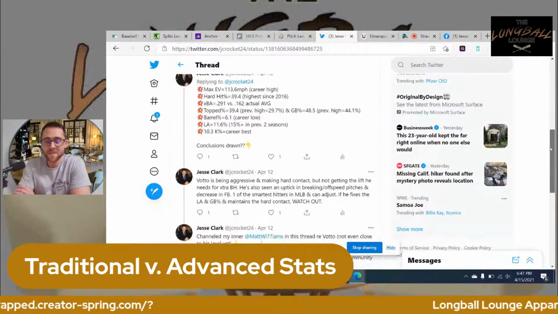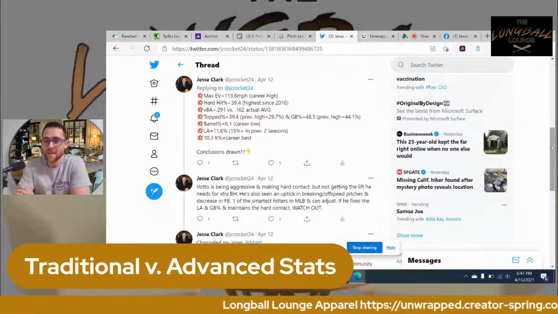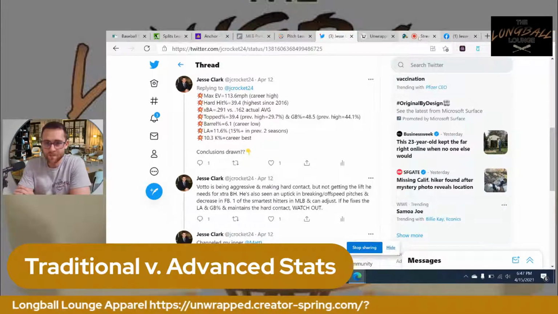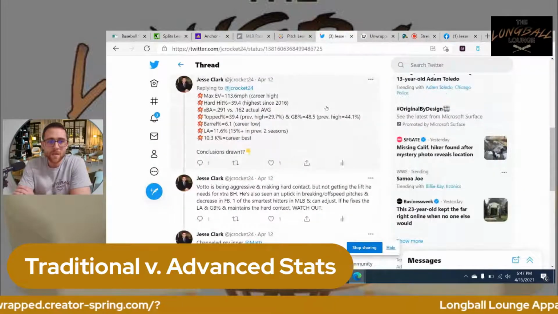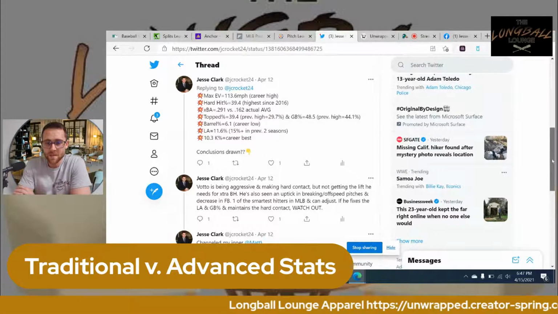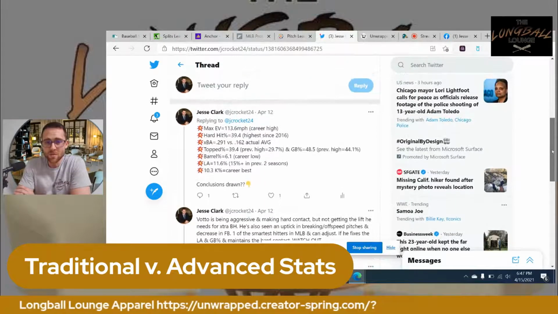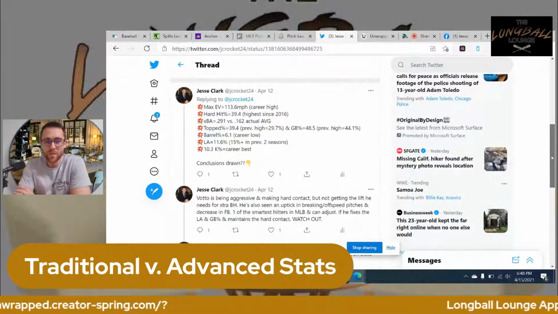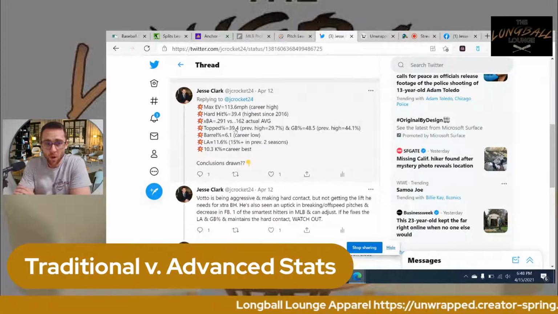I would guess, just based on the amount of games that I watch of Joey Votto's, that he hits into a lot of shifts. Teams shift him heavy. They put guys in short right field to try to take away his power, because they know that he hits a lot of singles in that area. So my guess is that he was getting really unlucky with that batting average, and he was actually, as we see, hitting the ball very hard.